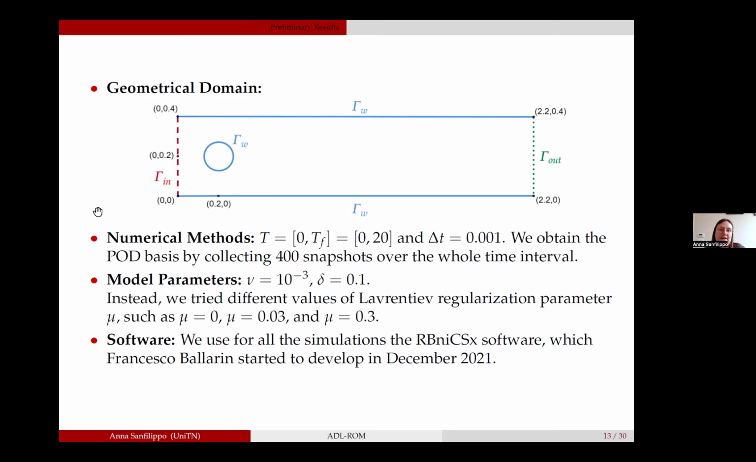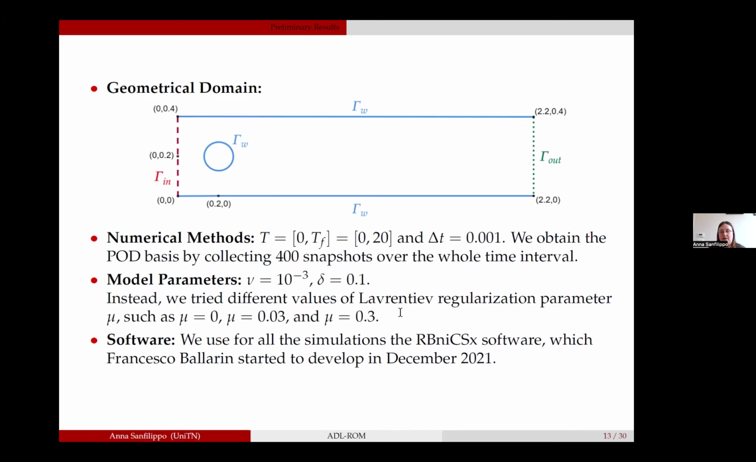So for this test, we used the 2D flow past cylinder domain. We set all the things we need, so the time interval, the time step. We collected 400 snapshots over the whole time interval, and the snapshots are the finite element solution at the given times. And then we chose this viscosity that is quite small, this filter, and for the Lavrentiev regularization parameter, so mu,